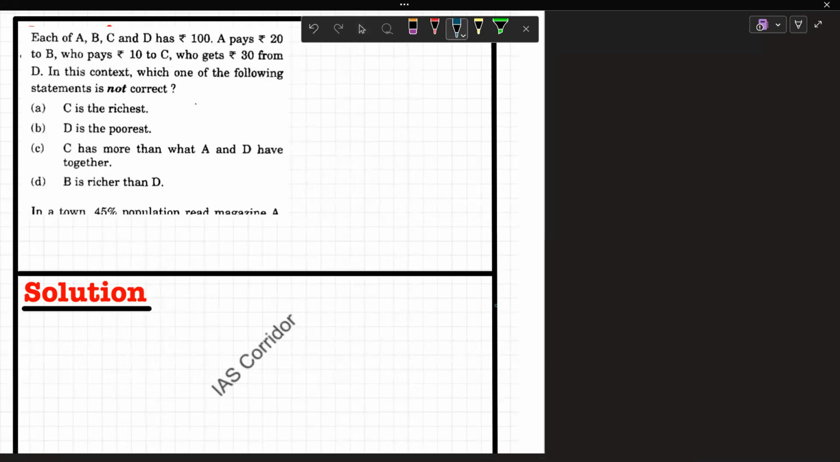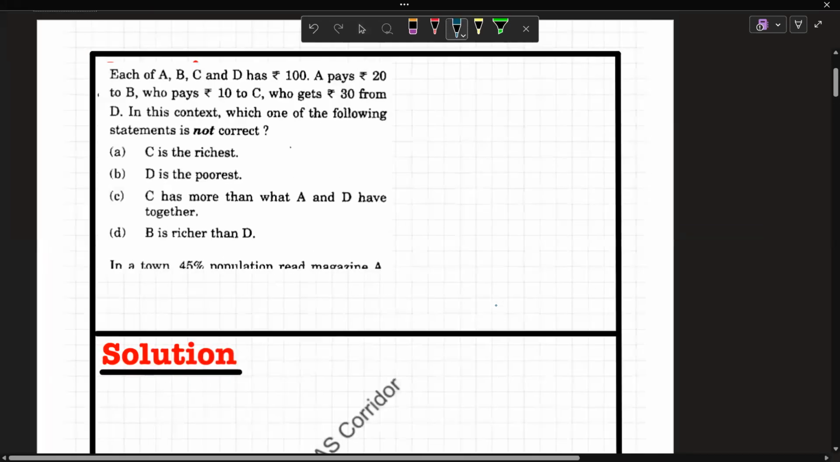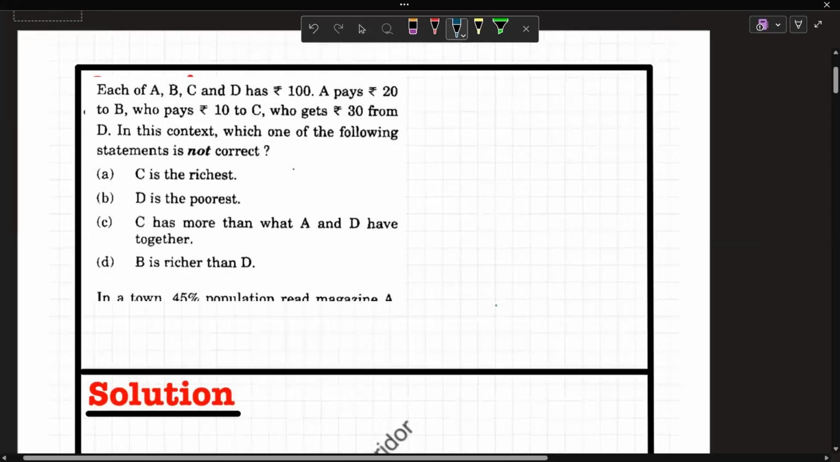Now let us come here. That is lecture number 3 for today. Got it? Now in this lecture number 3, we will begin with question number 15. Now this is the first question of the day. The question is